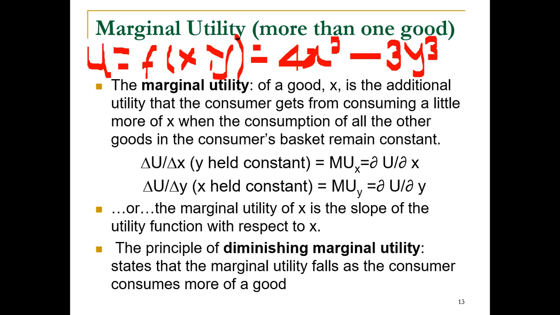Given that this is a utility function, how do we get the marginal utilities? Since we have got two goods,